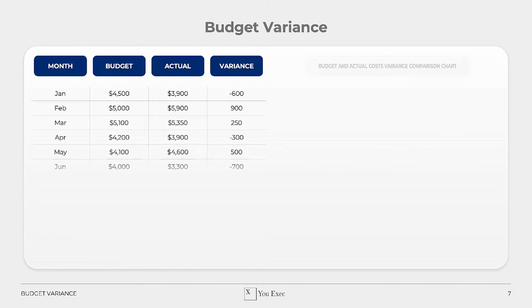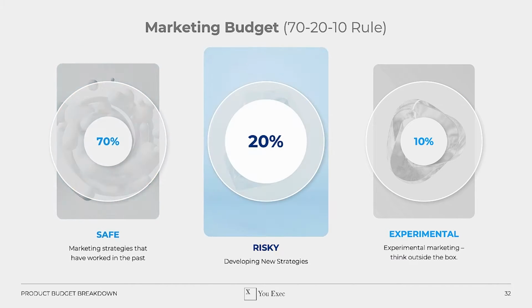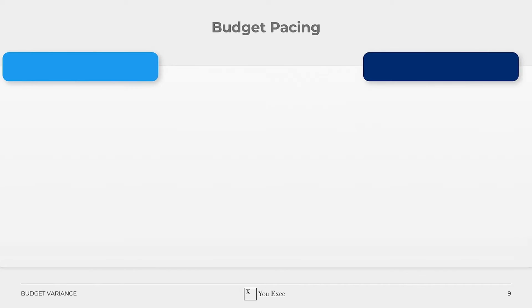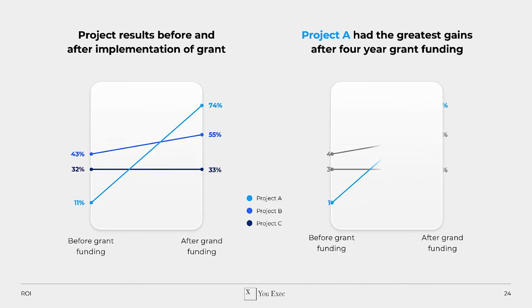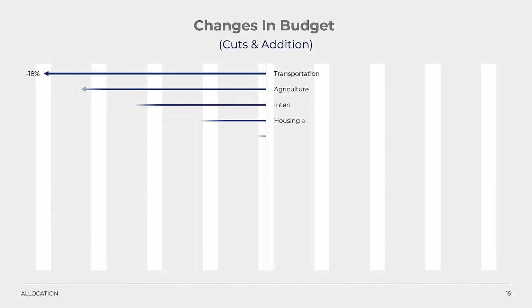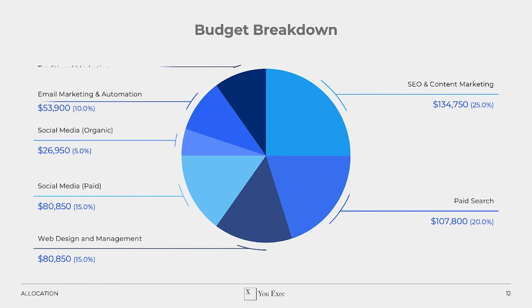An effective corporate budget plan not only involves insights on current financial performance, but also future projections. When budget variances are closely scrutinized, the 70-20-10 rule for risk allocation is applied, expenses are paced appropriately, returns on investments are monitored, and budgets are adjusted in response to economic shifts, managers will be well equipped to direct their